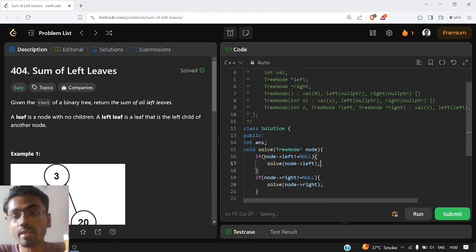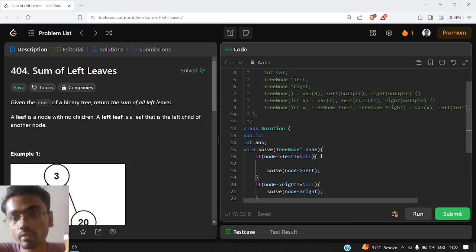Now whenever we are going through a left child, we need to check if it is a leaf node or not. So how can we check if a particular left node is a leaf node or not? Obviously it should not have any child. That means its left child as well as its right child should be equal to null.